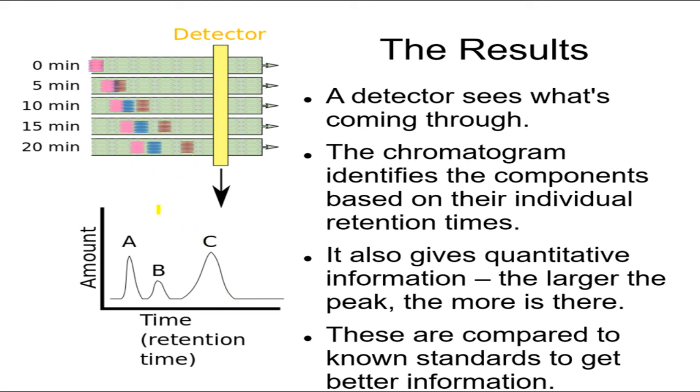So what's coming out in an hour? Well, it's got to be B. What's coming out in 2 hours has got to be A. So we know what C is. We take a known sample of C, we put it through the column, and it comes out in 40 minutes. So we look at what's coming out. We see something coming out in 40 minutes, and we know pretty much what that is. Something coming out in an hour, we know what that is. And the same thing for A. We know it's coming out in 2 hours, so it's got to be A. So not only do we know how much of each, we also, by the location on the chromatogram,